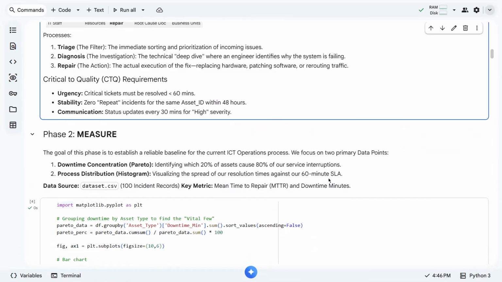Now, the other focus is the process distribution. So using the histogram, we want to visualize how spread our resolution times are against our 60-minute SLA.